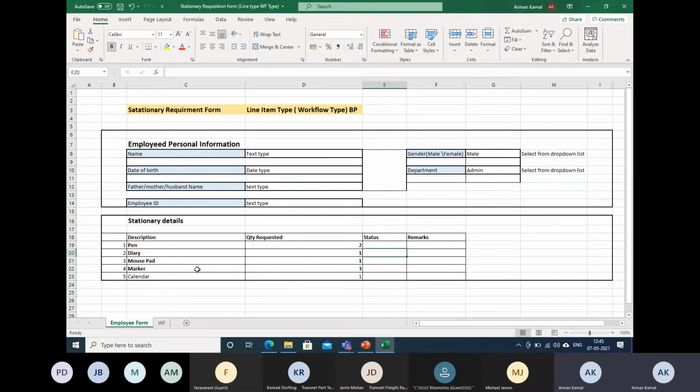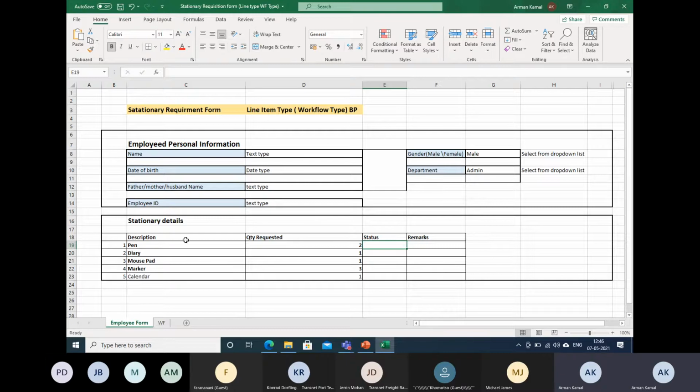I'll request, and there is a status also: approved, reject, and everything the same way. So in the BP business process workflow, there must be a type of workflow where I can raise a request with line items, whatever type I can add.